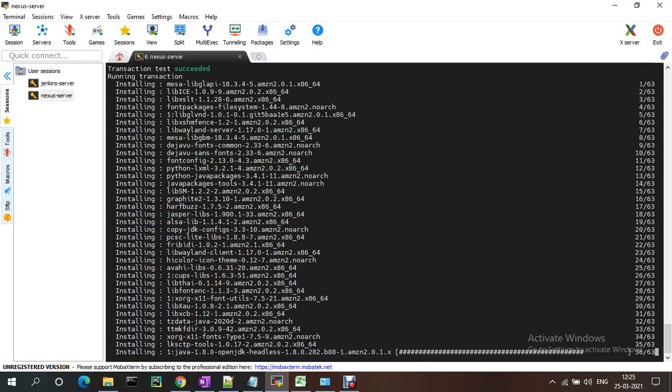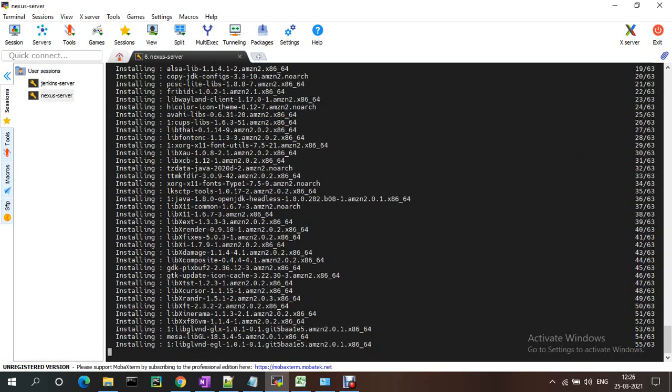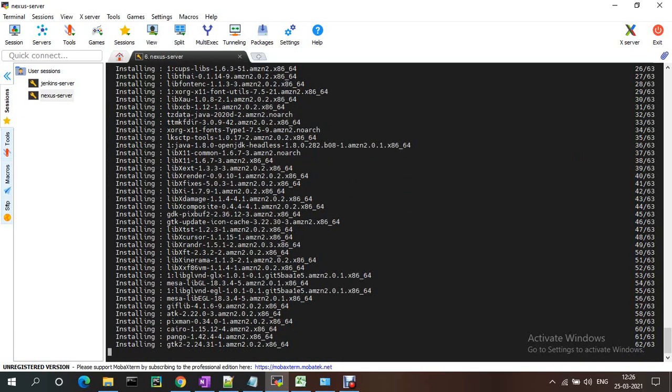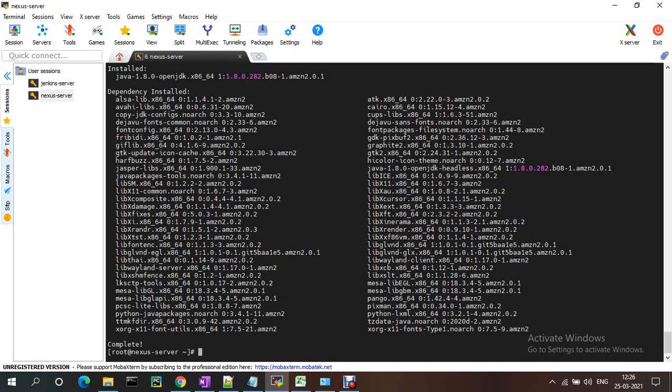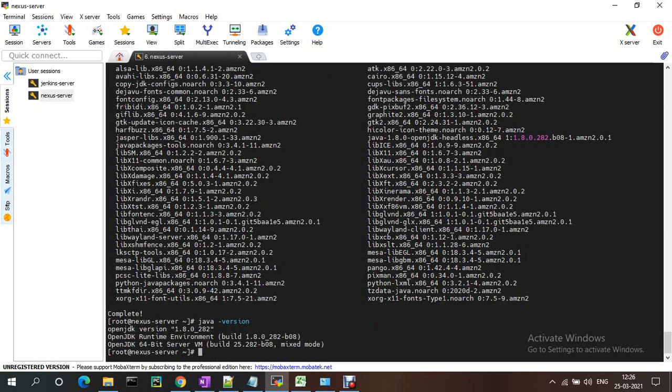We have another approach already: an RPM is there for Java. If you do a yum list and grep for java hyphen, it will display the list, and whatever version you need you can install. I just installed Java 1.8, which is Java 8, for Nexus 3.